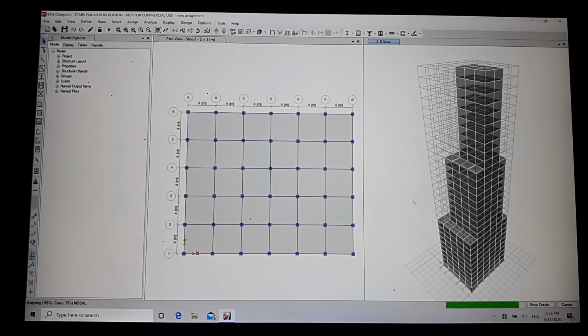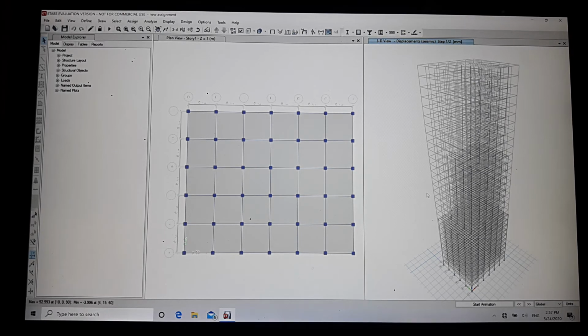You can see the progress at the left bottom. So our analysis is completed. You can see wherever I am moving the cursor, the displacement of that joint is shown.